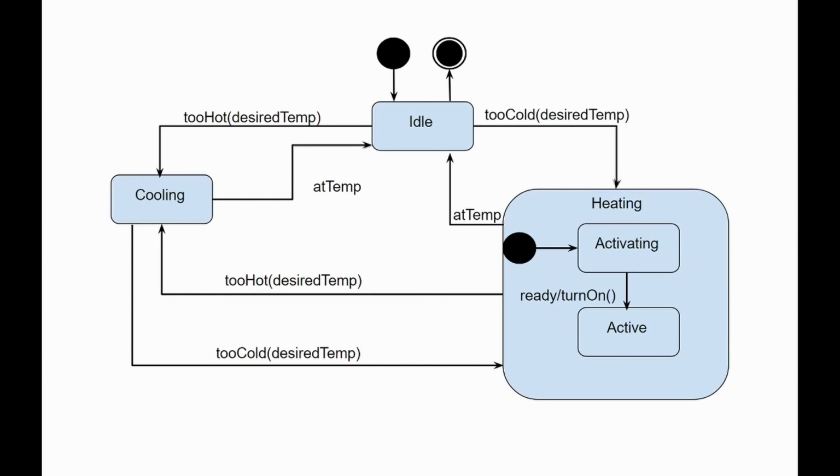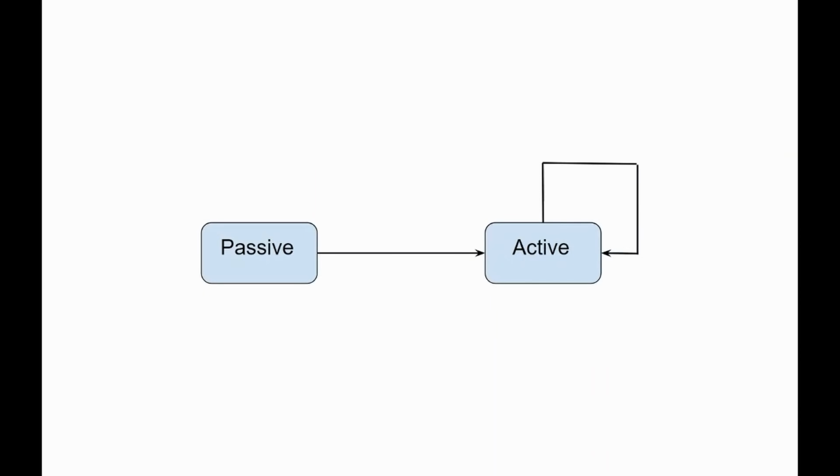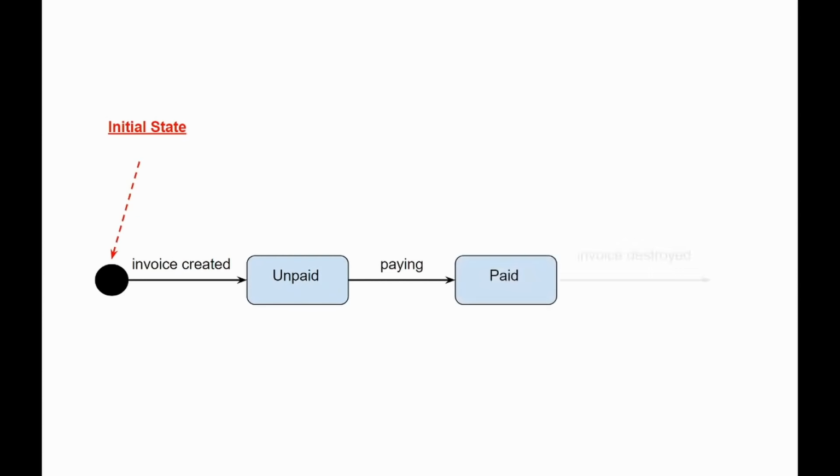An action is an executable atomic computation that changes the state of the model or returns a value. A state is a point in the life cycle of a model element that satisfies some condition, where some specific action is performed or where some event is expected. There are also two states with a specific predefined role. First one is the initial state, which is indicated by a solid circle. A transition from the state will show the first real state,